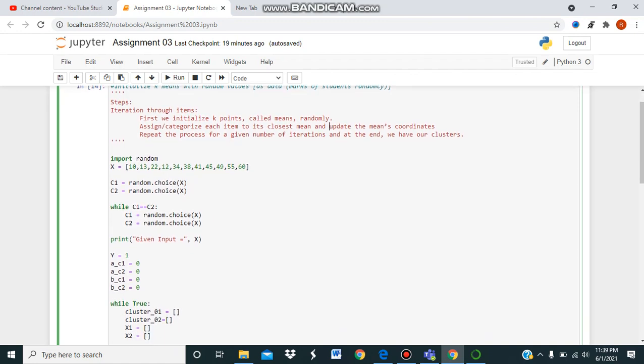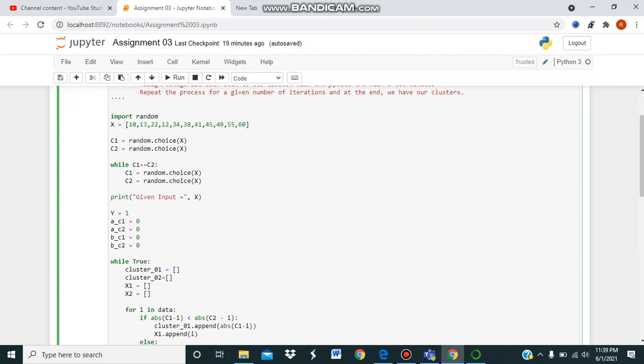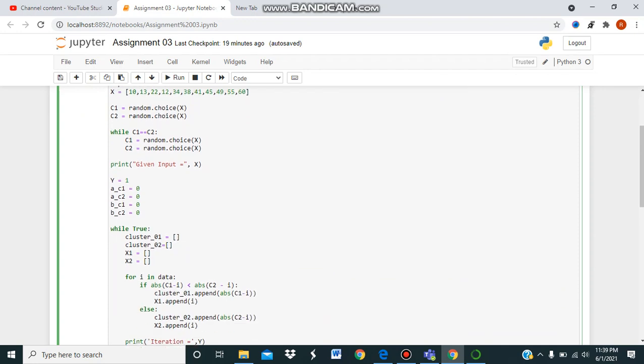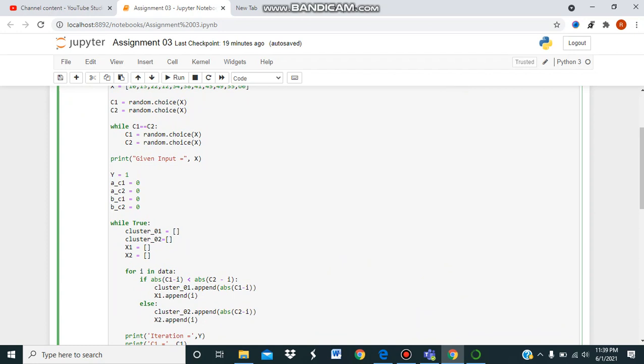There are two centroids, C1 and C2. While C1 is equal to C2, the while loop keeps choosing a new centroid. We will repeat this process until we have our best cluster.